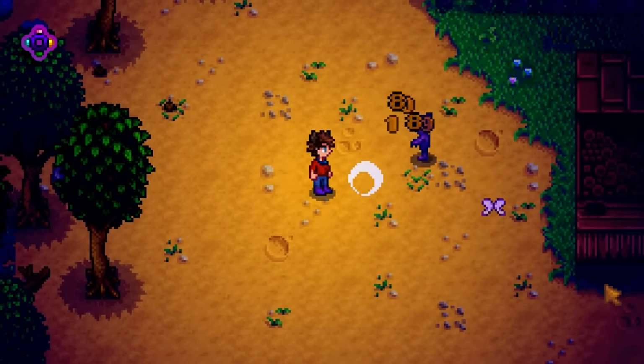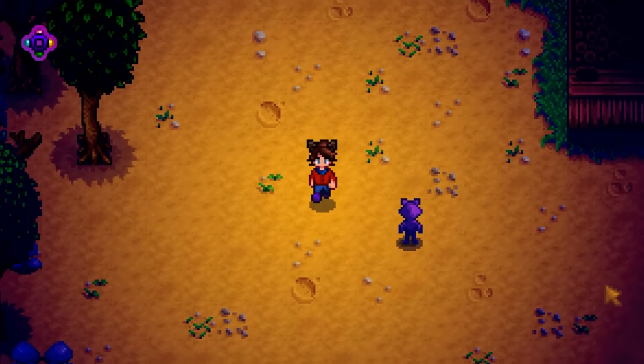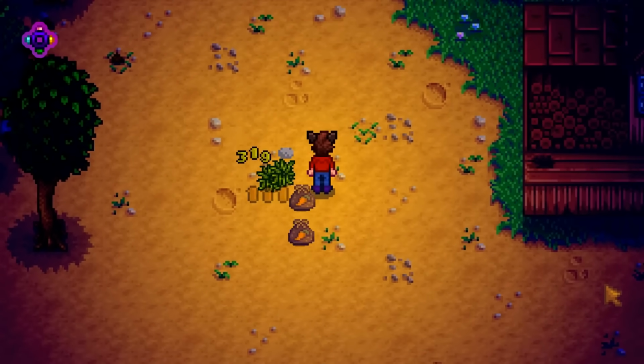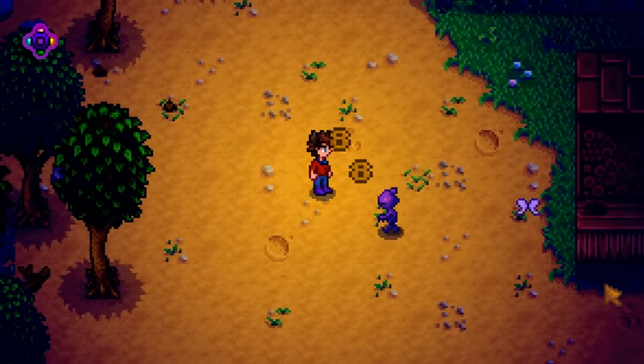There's a new enemy in the game called the Iridium Golem. It only appears if you have monsters activated on your farm and you've hit level 9 combat. They have a 1 in 1,000 chance to drop the Iridium Band. Sounds rare, but remember that you can double that with the Burglar's Ring, and increase that a little more with